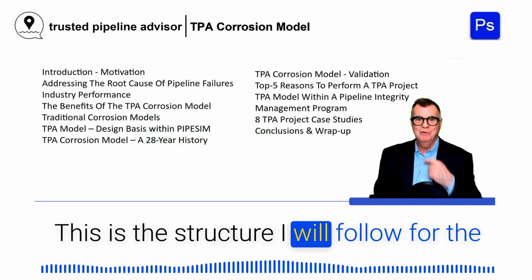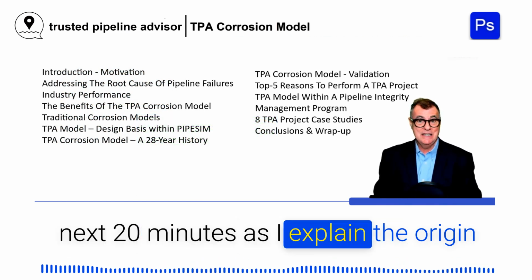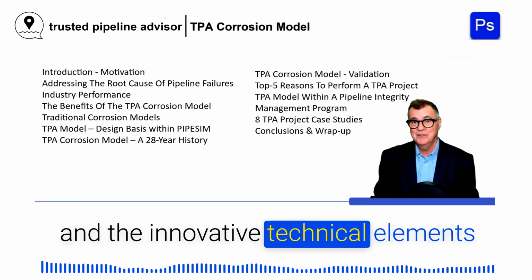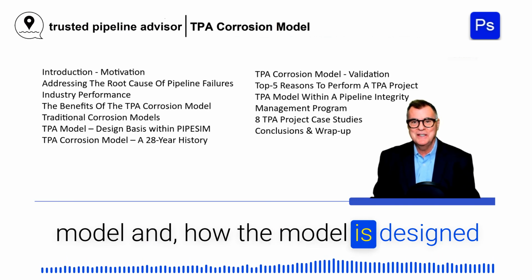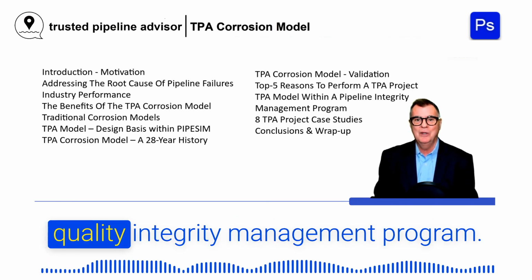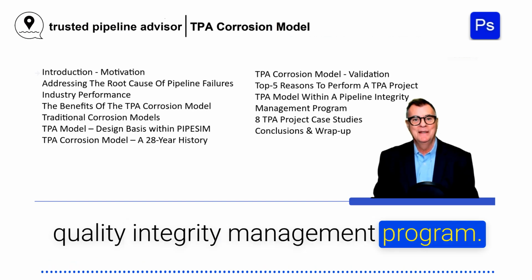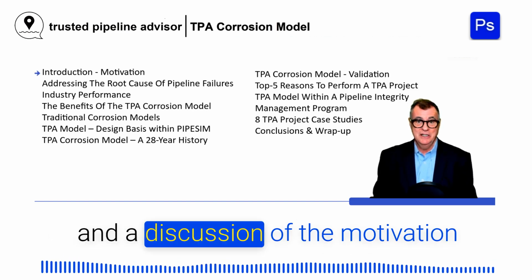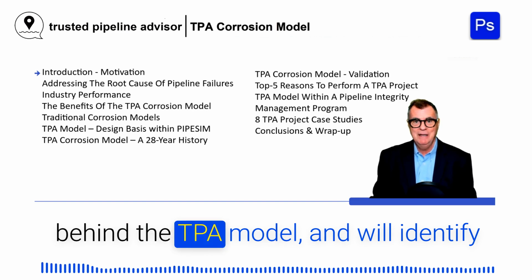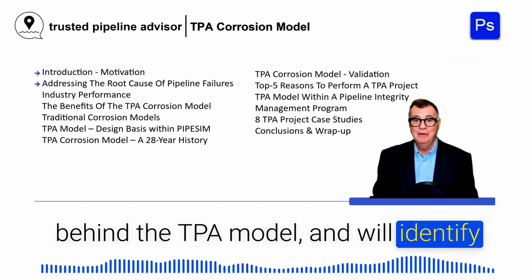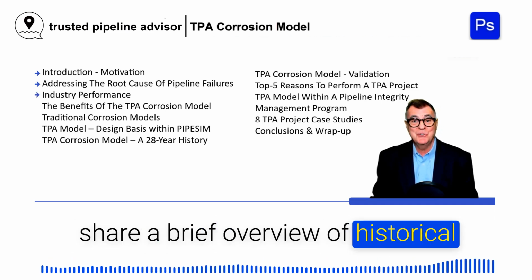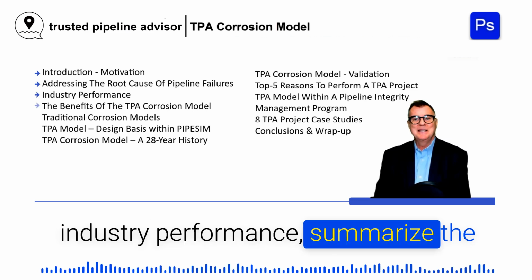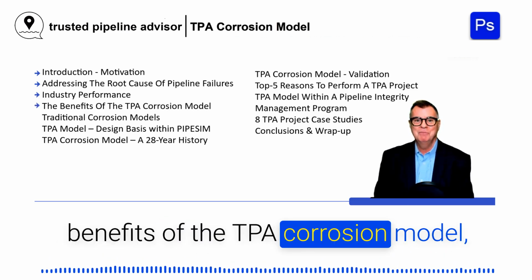This is the structure I will follow for the next 20 minutes as I explain the origin and the innovative technical elements included within the TPA corrosion model and how the model is designed to be used as the foundation of a quality integrity management program. We will continue with the introduction and a discussion of the motivation behind the TPA model, and will identify root causes of pipeline failures, share a brief overview of historical industry performance, summarize the benefits of the TPA corrosion model,